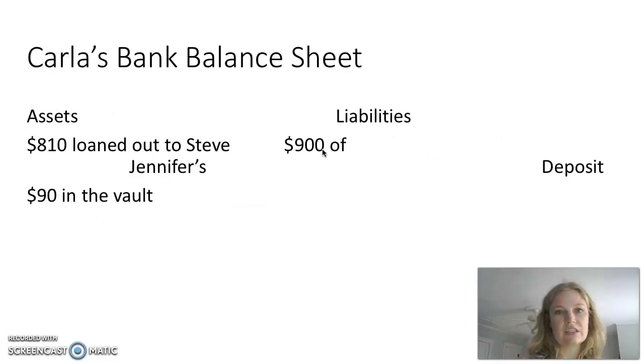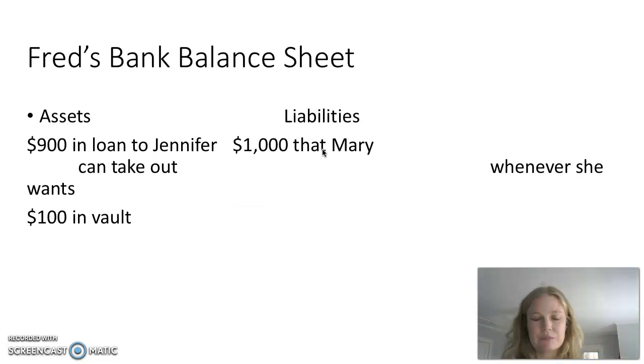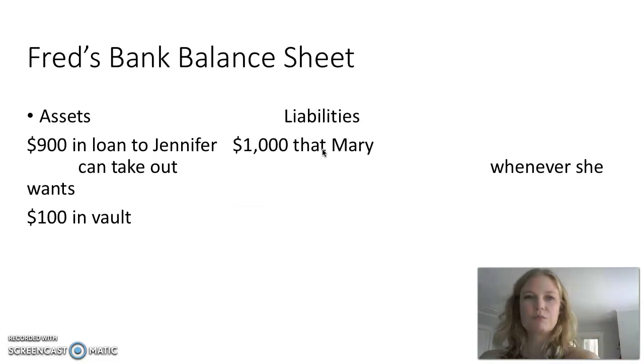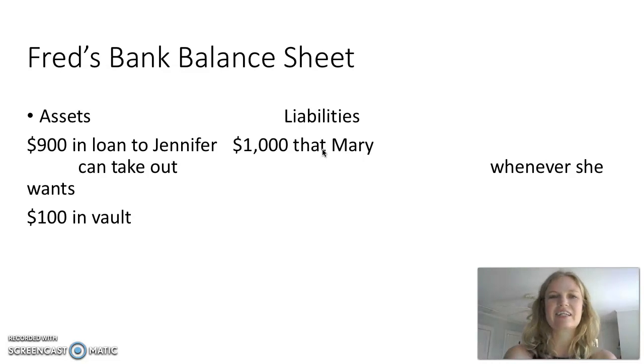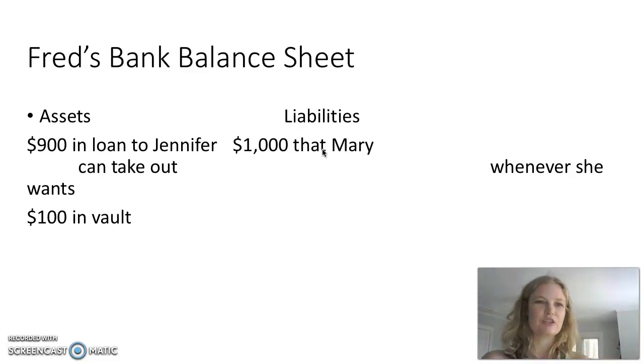Another thing is banks are playing this weird balancing act, right? So my professor with the dollar used to call it legalized gambling. So basically, Fred's bank can't pay all of its depositors at once. So Mary could come back and be like, hey, I want my $1,000. Fred doesn't have it, right? He's lent out $900. So it's this balancing act. And in fact, if they can't pay, that's called a run on a bank.